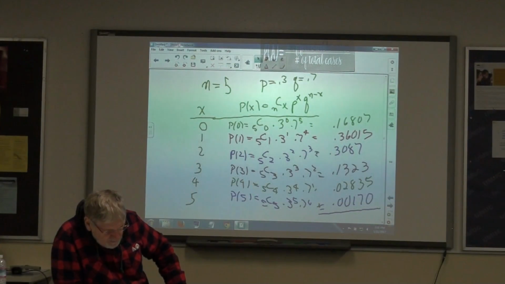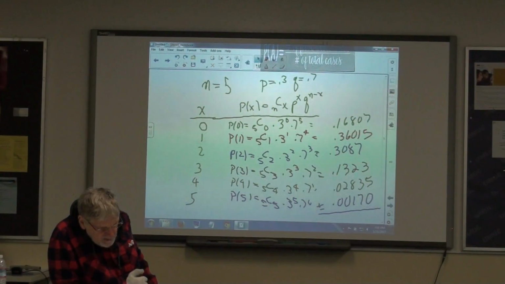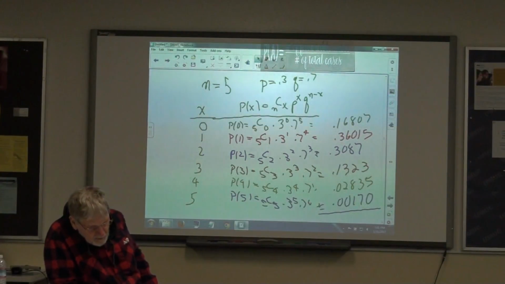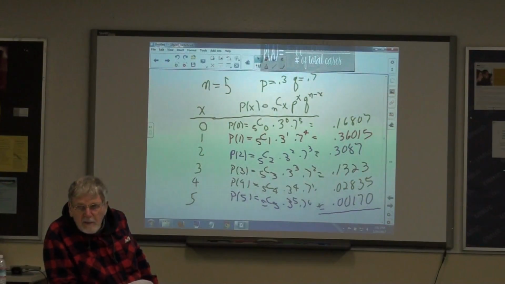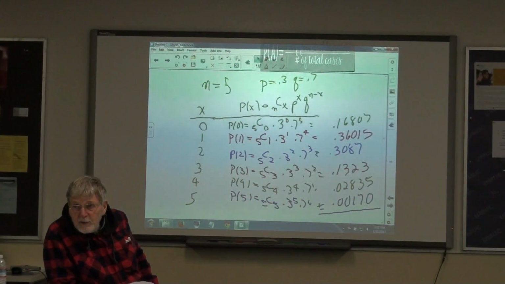Okay, now, 25. Find the probability that at least one of the 5 donors has group O blood, at least one. There's an easy way and a hard way. I hope you do it the easy way. You're not going to find it in the table, you don't need to, because this table has now been filled out. These numbers in column B came from the table. The probability column is established.